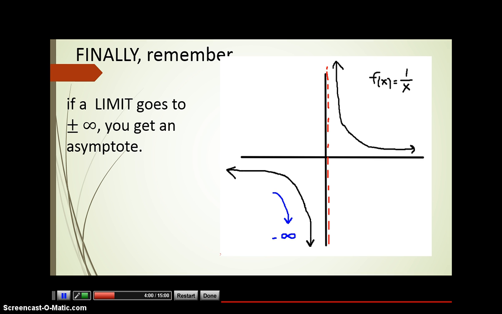I hope this gave you an easy, simple background about what limits actually are. In the next section, 2.1, we are really going to dive into how to solve limits